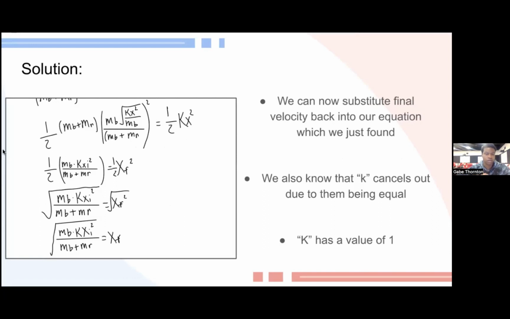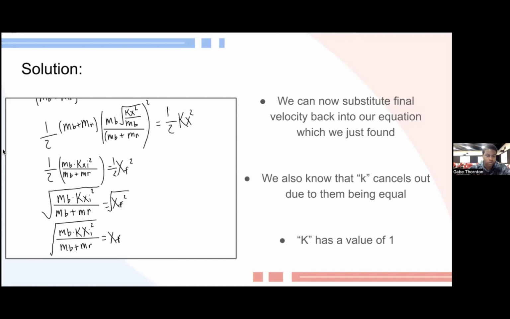So to make things easier on yourself, you should have 3 sets of total masses, and you can eliminate 2 just by cross multiplying. So you eliminate MB plus MR over MB plus MR, and you're left with 1 MB plus MR times MB K XI squared equals 1/2 XF final. Now, super easy. You divide your 1/2, like I mentioned earlier, and you get a value of 1. You now have